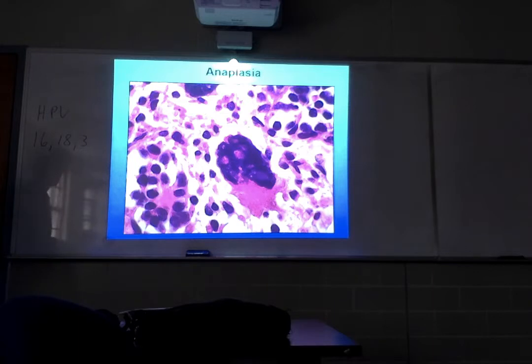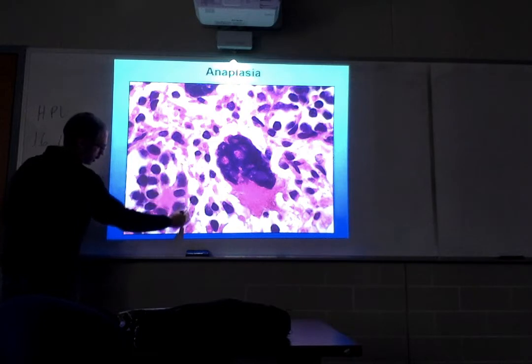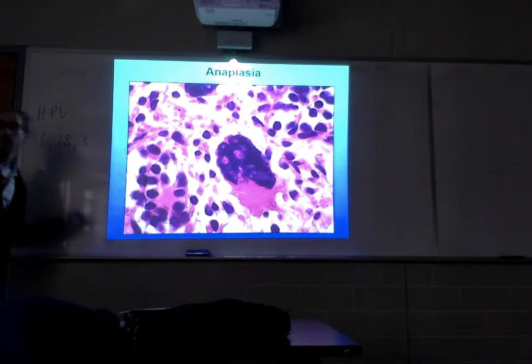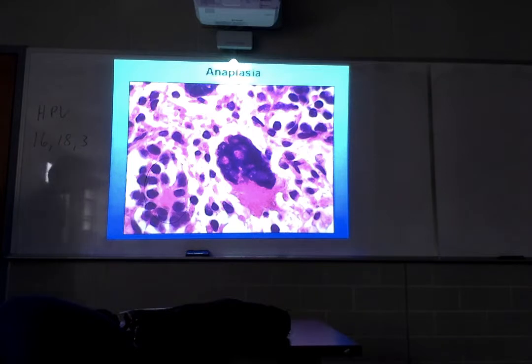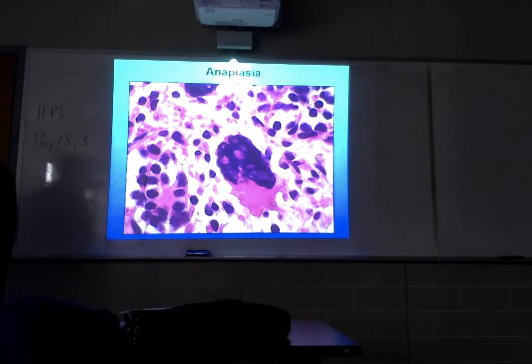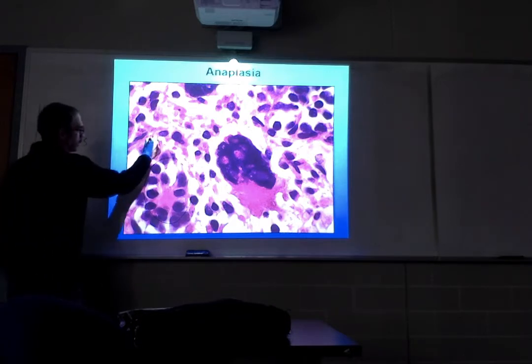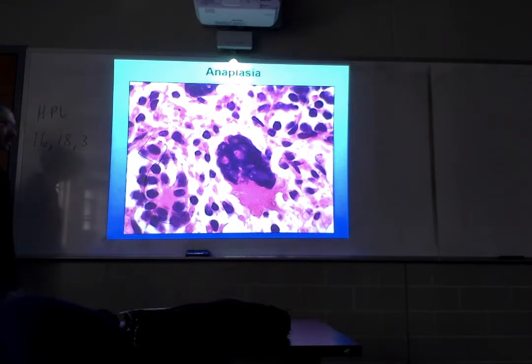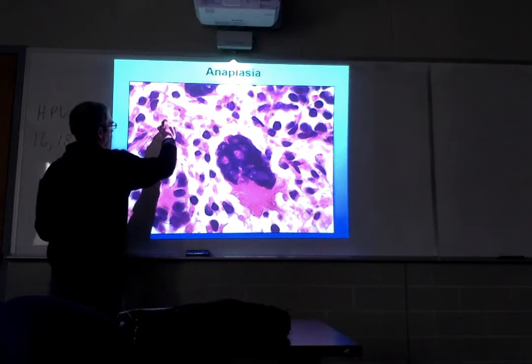Well, these malignant cells are trying to do that. They're not doing a very good job of it. But if you take a look over here, you can kind of see the vague outline of a tubule. Little epithelial cells making up the tubule. They're not doing a very good job, but you can see they're trying to develop into little tubules. Now, usually these cells are cuboidal in morphology. And if I pointed out this cell, you kind of see it's not exactly cuboidal, but it's not too far off. If I were to tell you that's a moderately differentiated